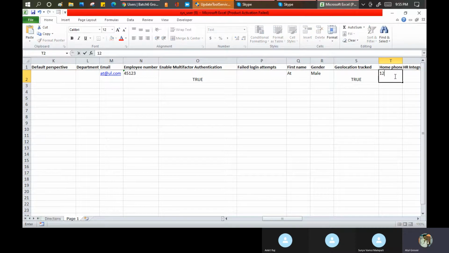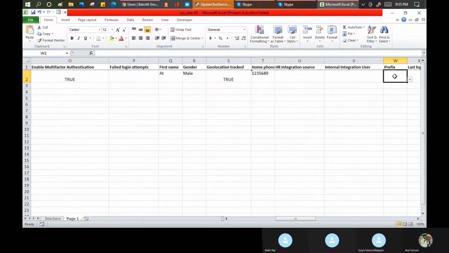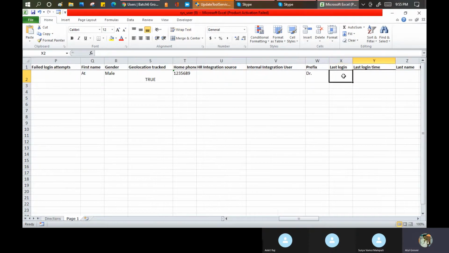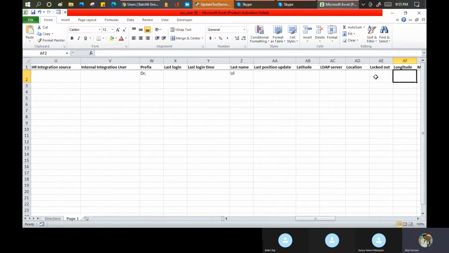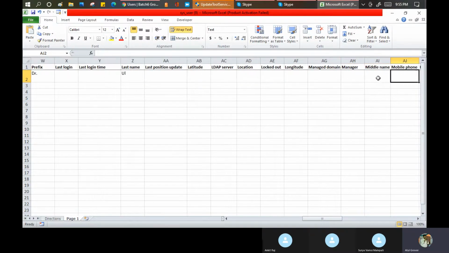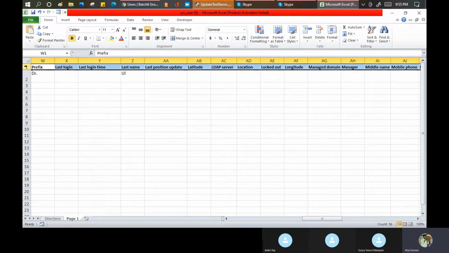Home phone. How many fields you have? Last login नहीं चाहिए. Last login name नहीं चाहिए. Last name UL. Let's say I am going to deploy or use this Excel sheet. Manager, middle name, anything you want to put, because this is the complete table fields available in front of you. Let me save this.